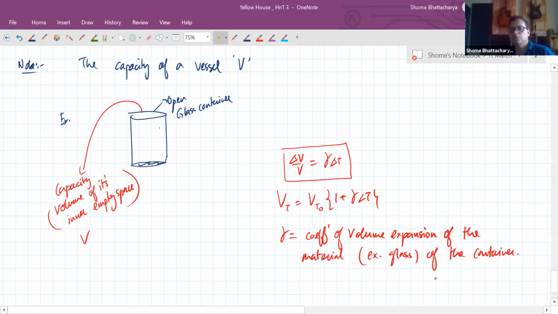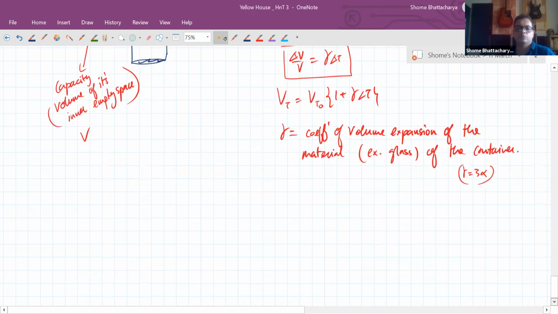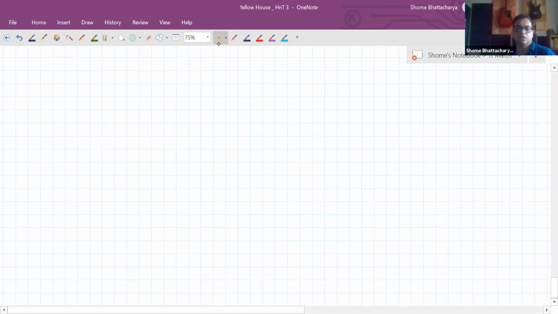Yes, Prince, that's correct. So gamma is equal to 3 times alpha for that given material. Okay. So now from this, we'll see another aspect of this, and that is the